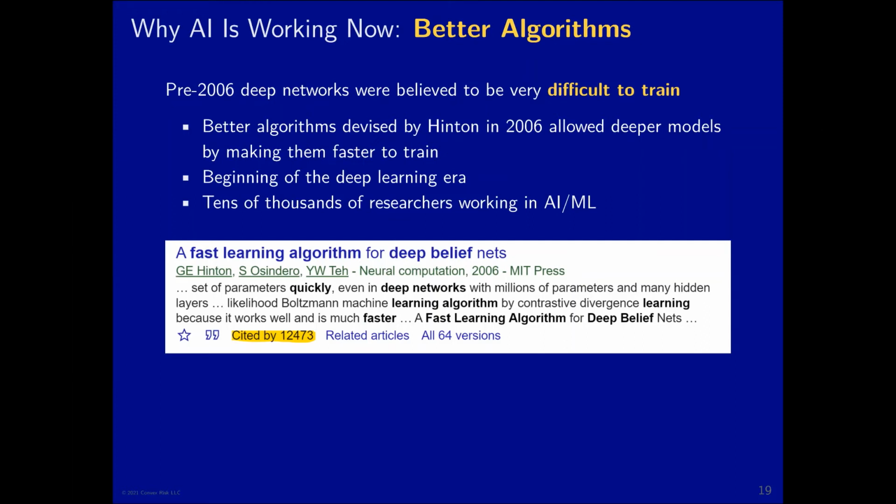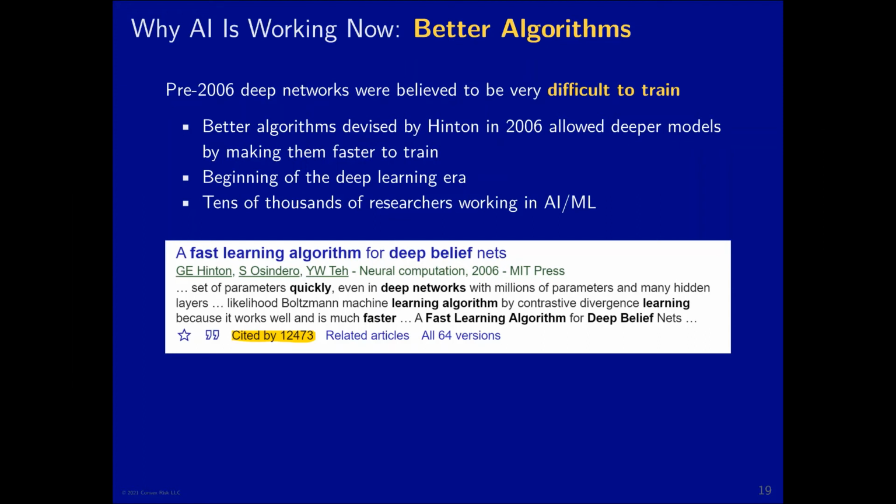This isn't people who've just read the paper. This is people who've read the paper, done some research on their own, and written their own paper developing their idea. So one of the reasons that we're making so much progress in AI is that there are simply so many people working.